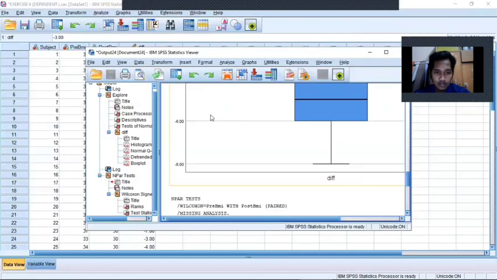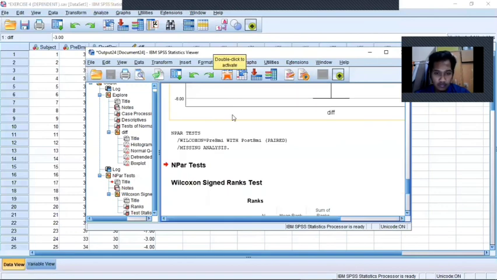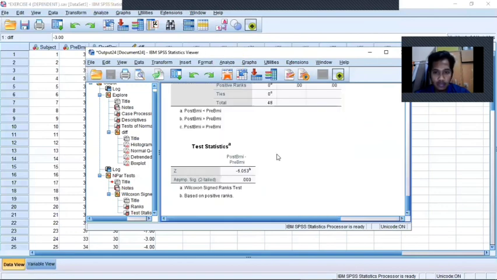Okay. So we will get the answer, which is the statistic is less than 0.05. So we reject the null hypothesis, and then we conclude that there is a significant difference between post BMI and pre BMI.